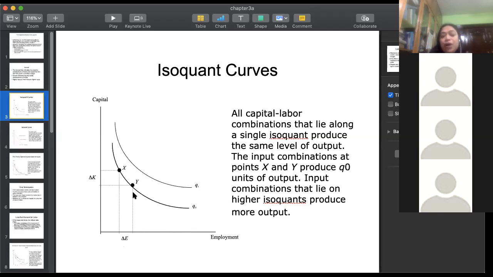Okay. So now if we divide it by the same delta Q, output, you'll see that this is basically how output changes with respect to capital. So that is the marginal productivity of capital, and this part is how output changes with respect to employment. So that is the marginal productivity of labor. So the slope of the isoquant is nothing but the ratio of the marginal productivities. Okay. Let me explain this in greater detail.